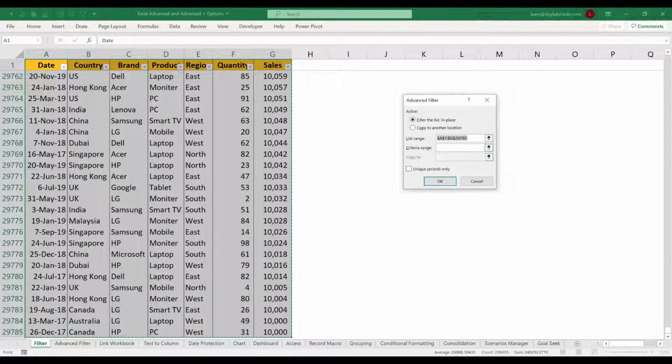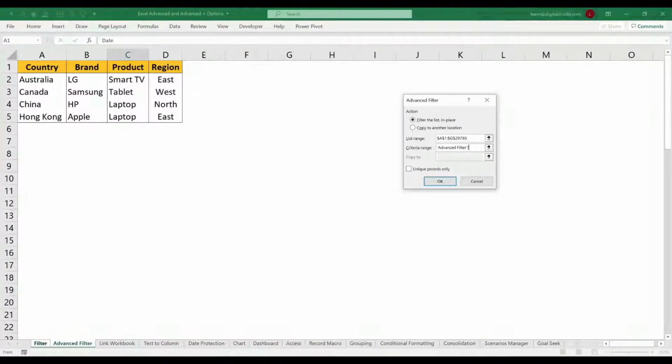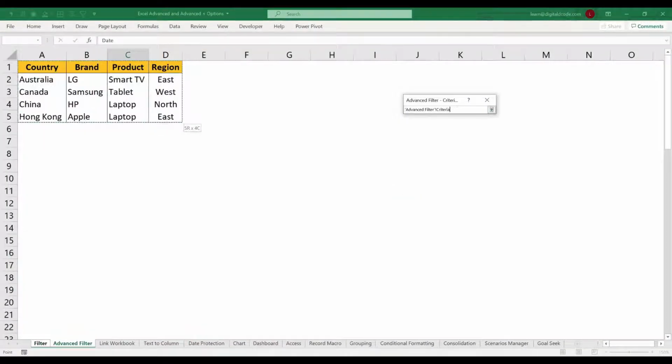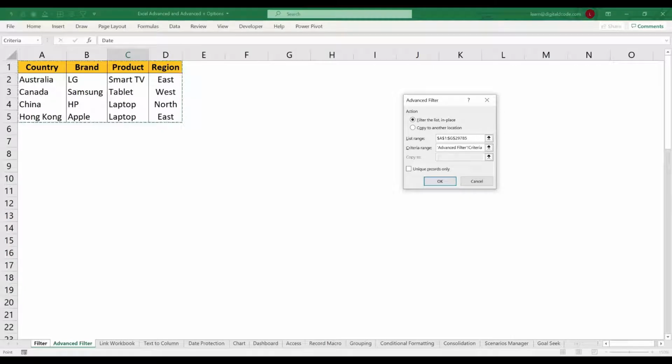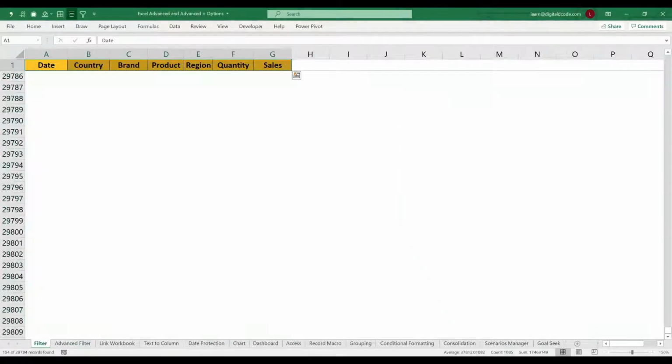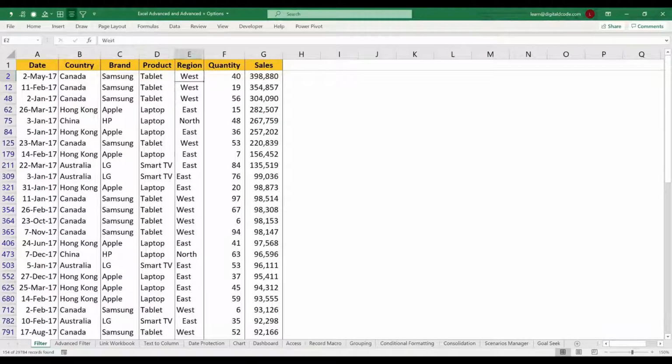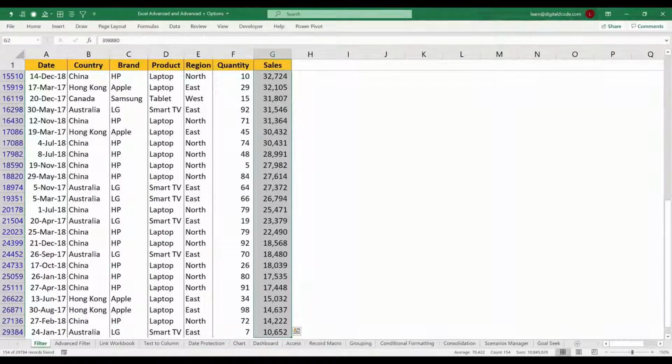A12 to G2975, and the criteria range. Let me go to advanced filter, select it. This is my criteria. Just press OK. That's it. So now let's see the total. 10,845,029.